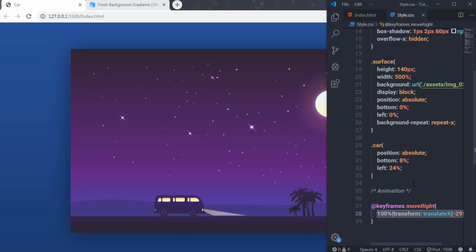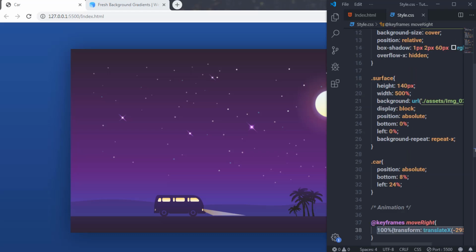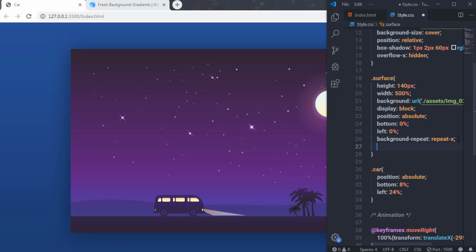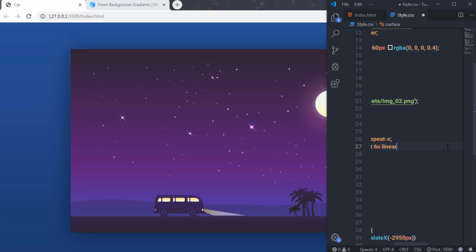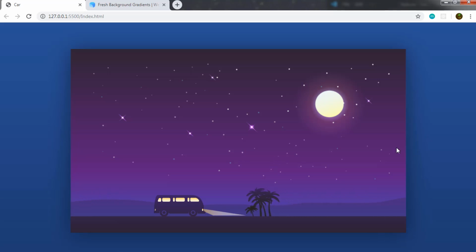So I'm going to open my surface class and specify here animation, the name of my animation. I'm going to say move right. Just after that, I'm going to specify the duration. So I'm going to say 6 seconds linear and save it. When I save it, you can see you have the moving background,